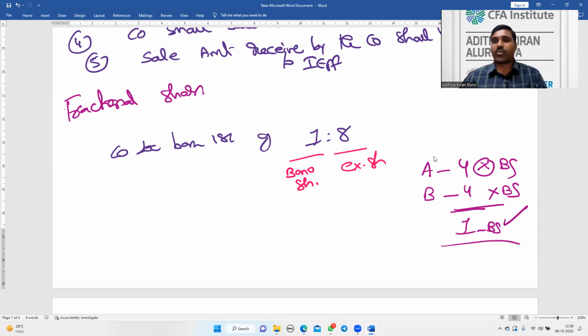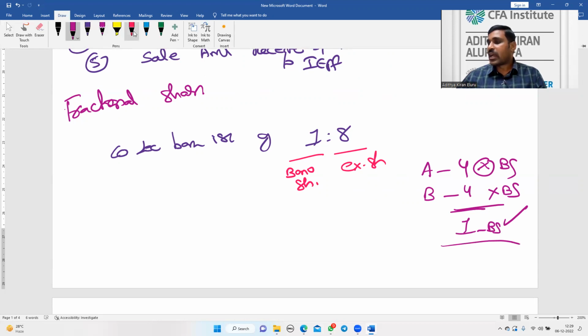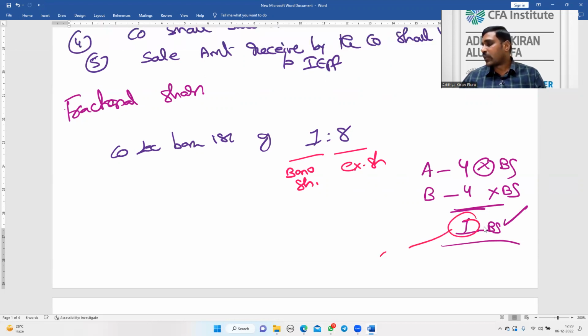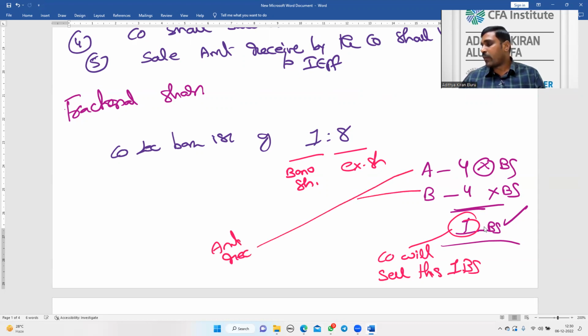Together they will be eligible for one bonus share but not separately. So in that case, what the company will do is sell this one bonus share, and whatever the amount received will be paid to A and B